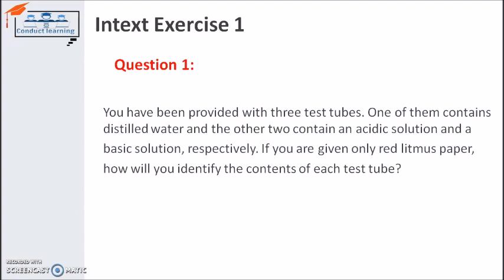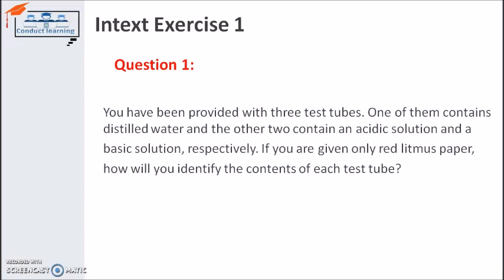Now put one drop of the solution which is a base into these two different solutions, the neutral solution and the acidic solution. Now you have mixed base with water and base with acid. After the mixing, if you put a drop from each of these two test tubes on red litmus paper, and the red litmus paper changes its color,